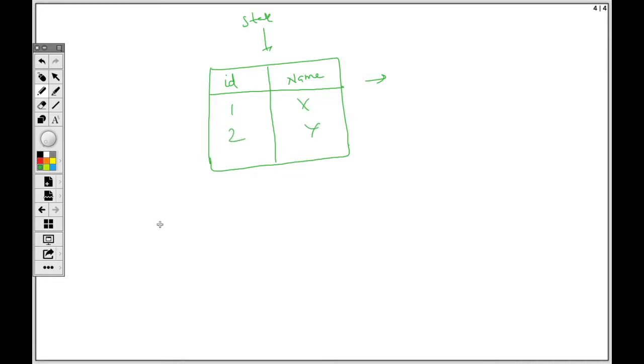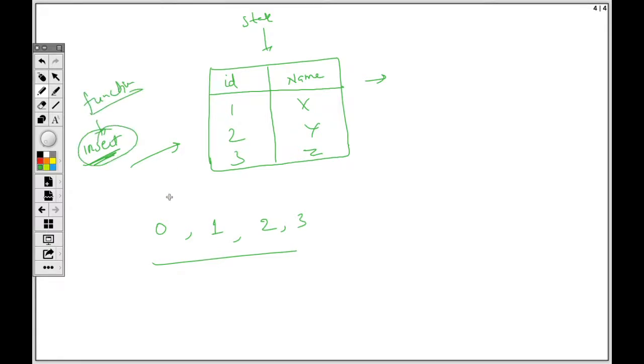So right now, this table was in state 0 when it was empty, then in state 1, then in state 2. If I enter a third thing, it is in state 3. So how did the state change? With the help of an insert command, right? What is insert? A function. So with the help of this behavior, state changed from one to another. Getting my point?